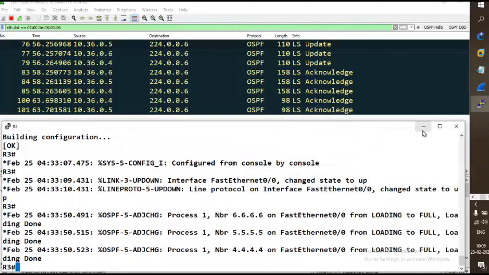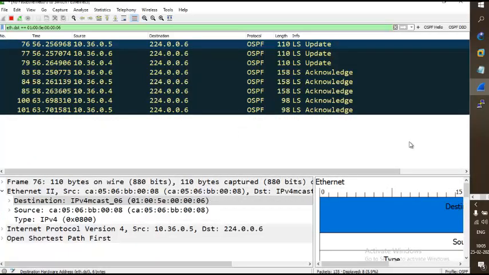Now, you see, packets from 5, 6, 4, 5, 4, all these are using 6, which means